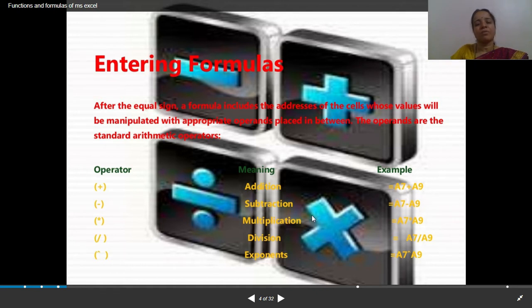In the same way we can do subtractions and multiplications using different operators. We have to use the addresses of the cells in the formula. Begin with the equal to sign and the cell address, where that value is available.